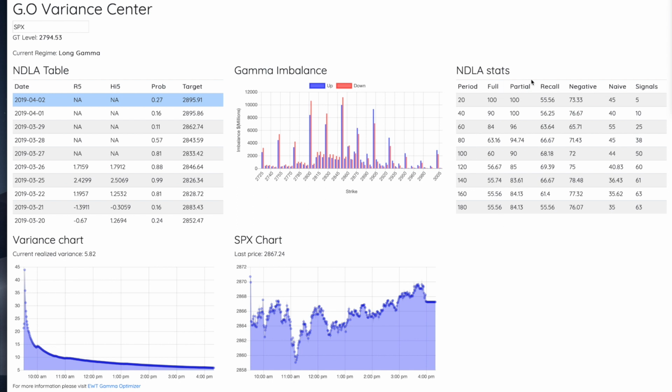The partial precision is when we measure when the market moves towards the target, but it kind of comes back later. And maybe we get the move before the 1 week that the algorithm always predicts. So partial precision is incredibly high, it's 100%, and long-term partial precision is 84%. So the algorithm does have a very, very good